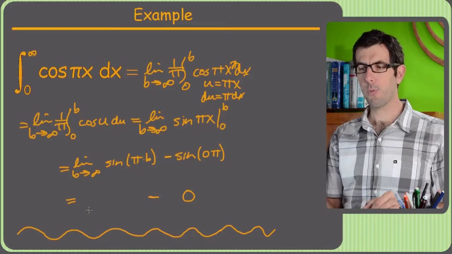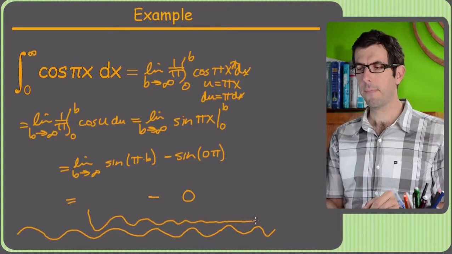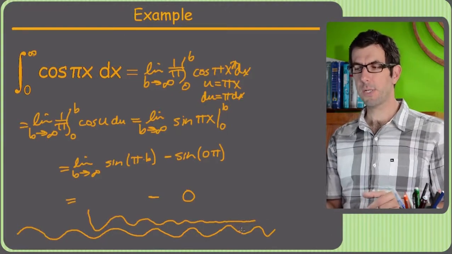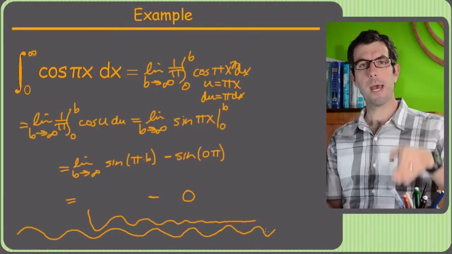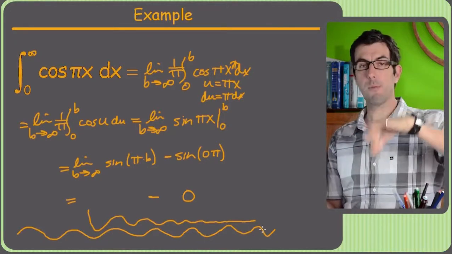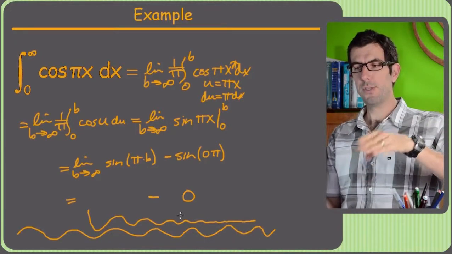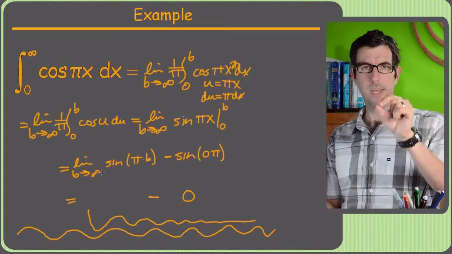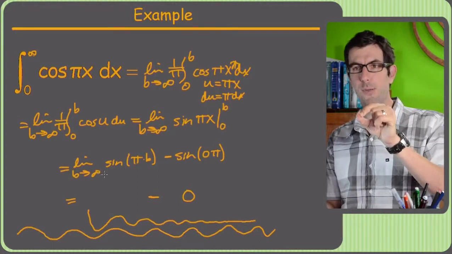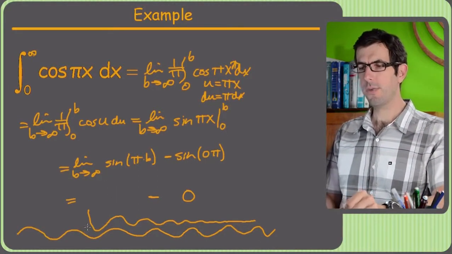If this thing had wiggled back and forth but gotten smaller and smaller and got really flat or something, then it might have a limit. But this is a special case of limits where a function's going back and forth. You really can't pin it down. It's somewhere between -1 and 1, but it just depends on exactly what infinity is. Is infinity here, or if you just add a pi over 2, all of a sudden everything's flipped over. So this diverges,